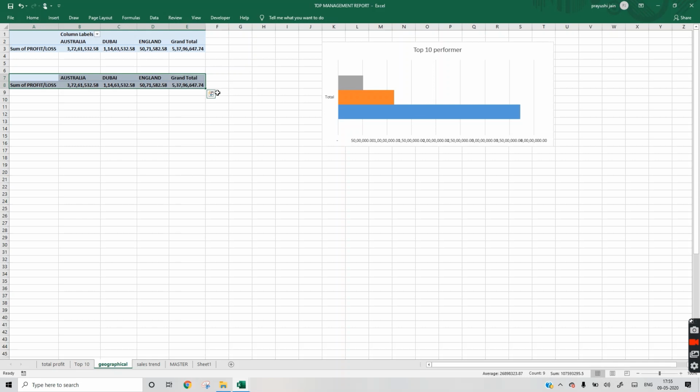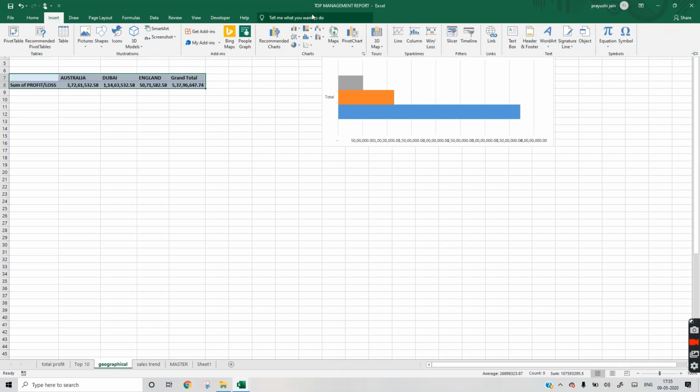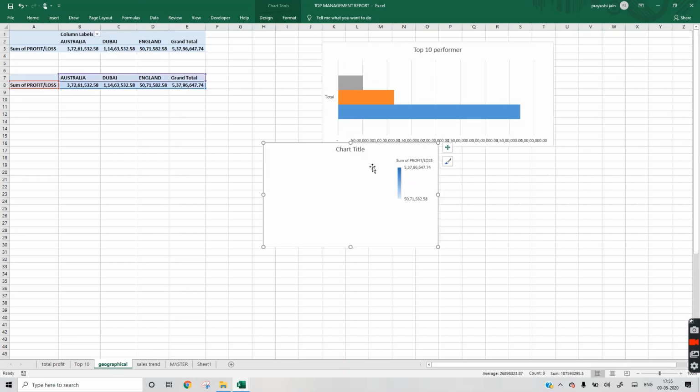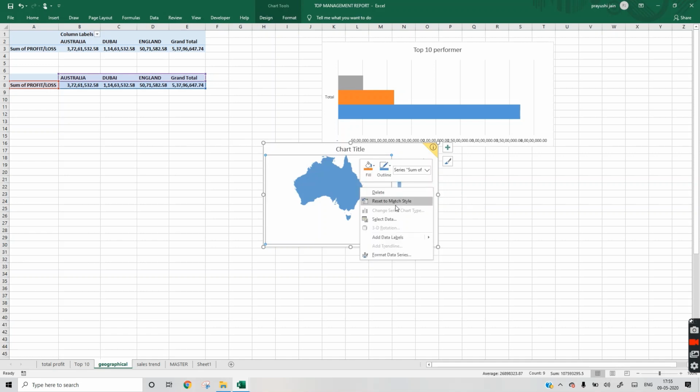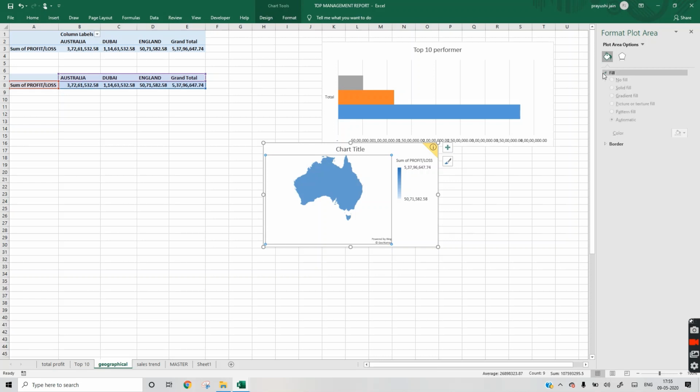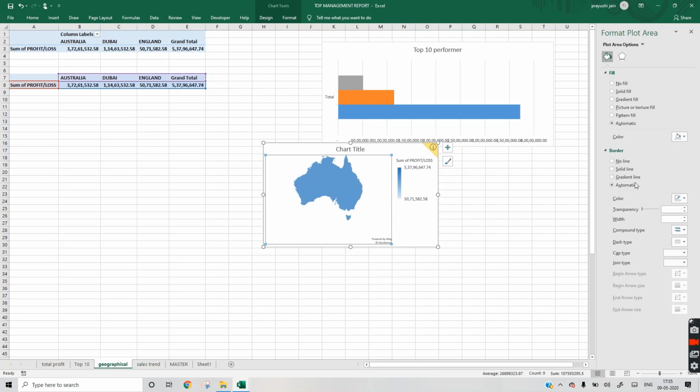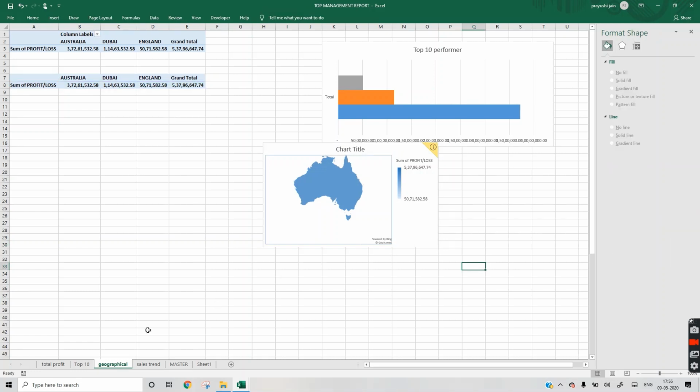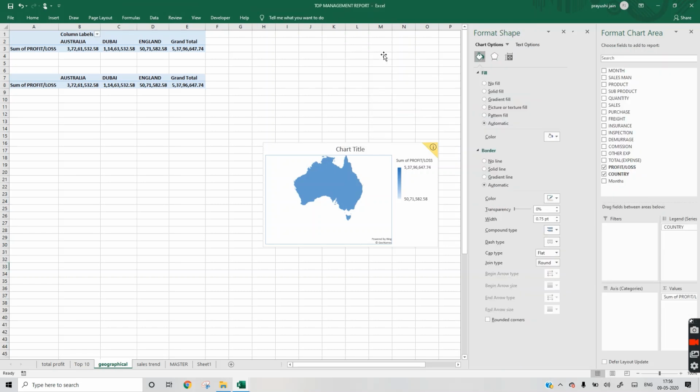Now we will select this, insert maps. Now our fifth chart is, we will delete that old chart.